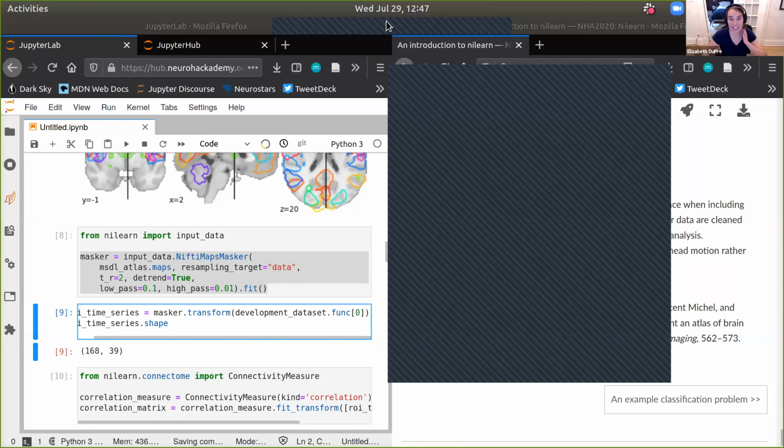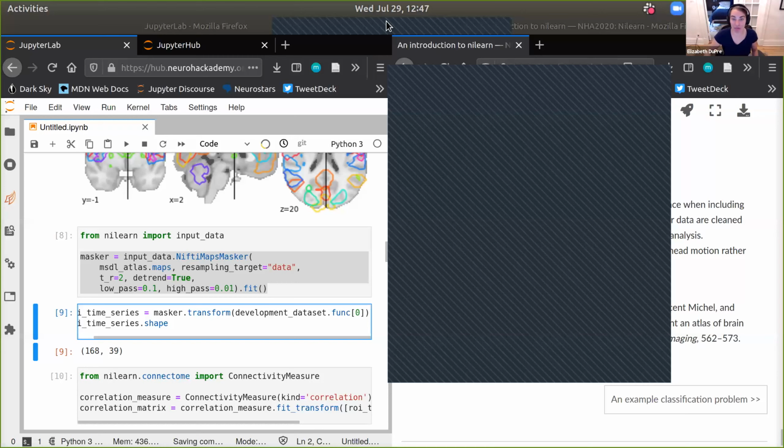So what we'd like to do is classify, because I told you this data set had both children and adults, whether participants watching the movie were a child or an adult. And so what we're going to use to do that classification is we're going to learn based on their functional connectivity matrix as our feature of interest. And then the prediction, again, is which group they belong to. One thing that's fun is that we can really easily with Nilearn explore whether we're more or less accurate in our predictions based on how we define functional connectivity.